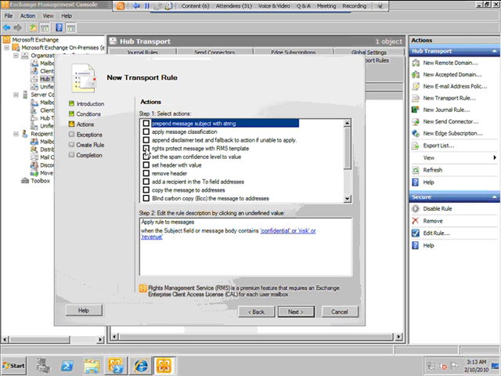I will say next. And if it sees something like that in the body message, I will say that